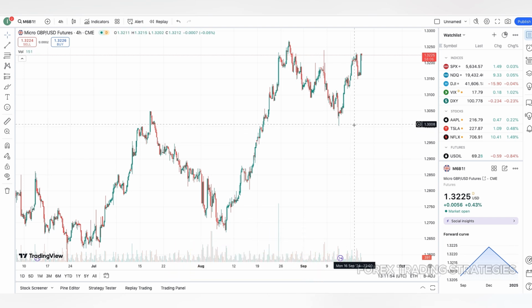Margin, in essence, is a good faith deposit required to open a futures position. It acts as a security, ensuring that both parties to the contract can fulfill their obligations. Unlike in the stock market, where margin is typically a loan, futures margin is not borrowed. Instead, it's a deposit held by the brokerage firm.